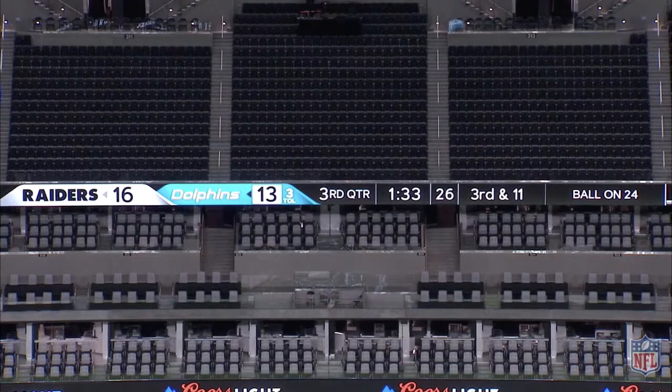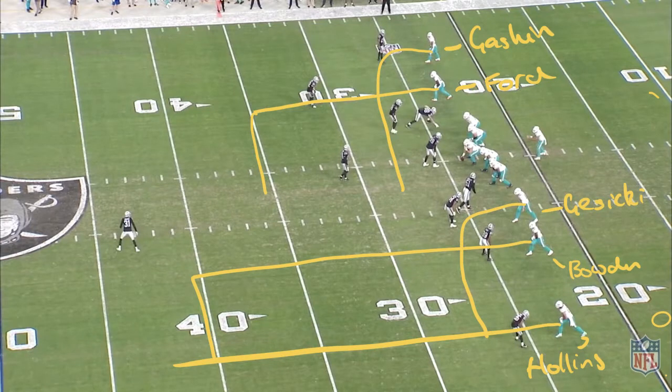So we joined the Dolphins on this third down. The ball is on our 24-yard line. The previous play was a sack caused by a breakdown in twist pickup between Jackson and Flowers. Looking at the passing tree for this third down, we've got trips left, empty, twins at the top of